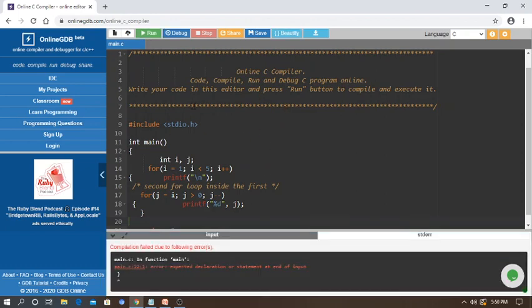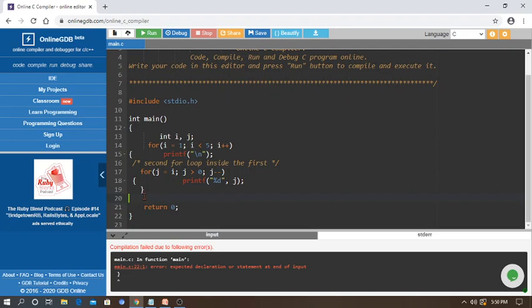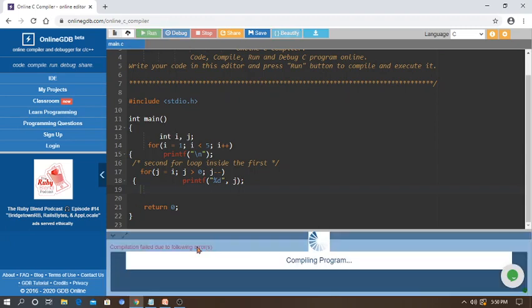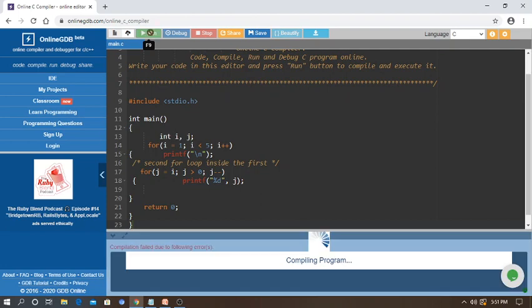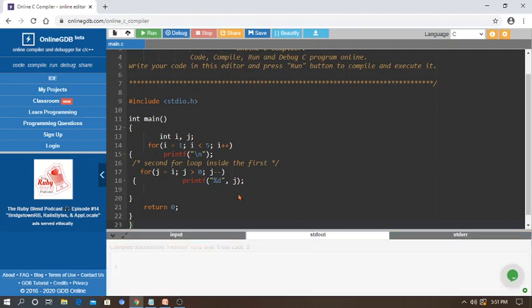A small error. One, two, three. Execute. There is a small error regarding this one. Let me add one more brace here. We will conclude this. One, two, three. Yes, let me add one more brace here. You should be covering the curly brackets here. All statements in the C language should end with a semicolon. Yes, we executed successfully.